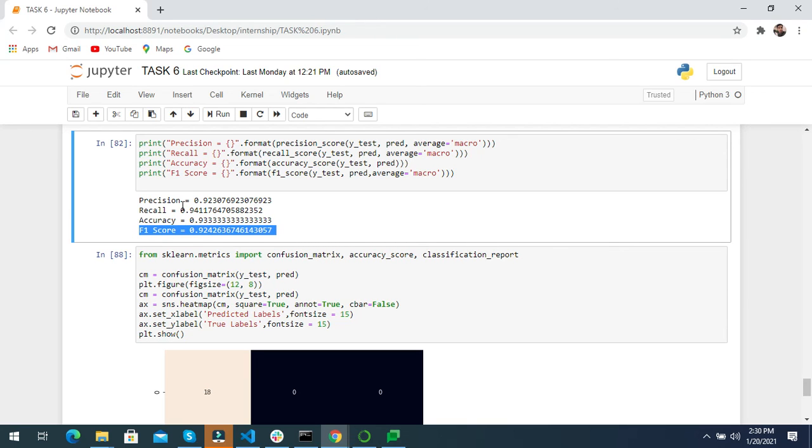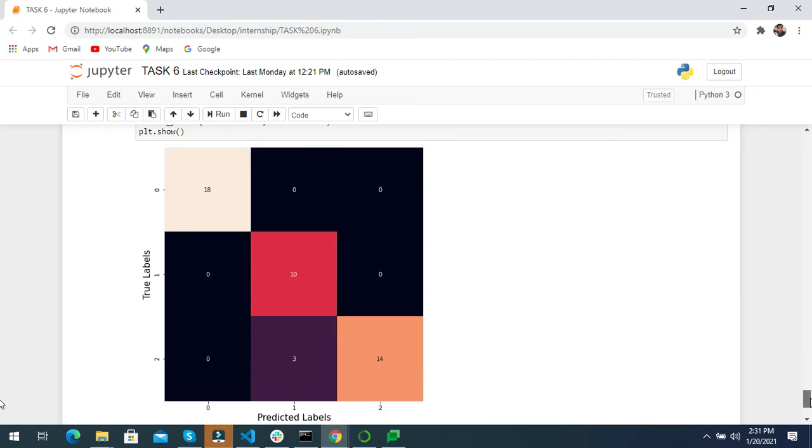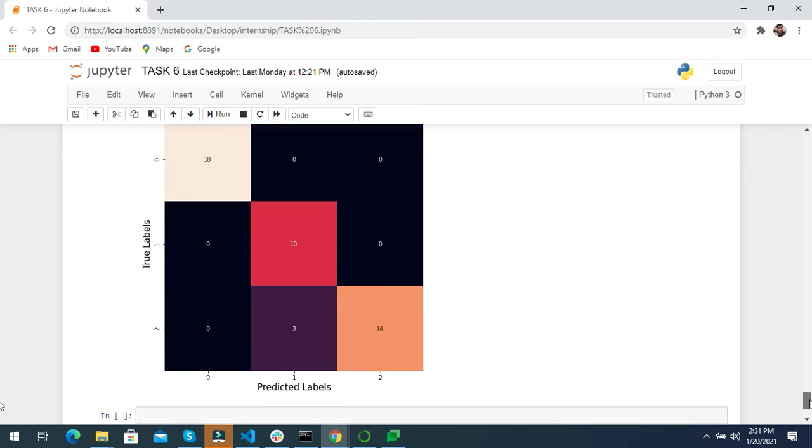Precision means the percentage of your results which are relevant, and recall is the percentage of total relevant results correctly classified by your algorithm. Accuracy is your model's accuracy, and F1 score is the harmonic mean of precision and recall. This is the classification report of our model.